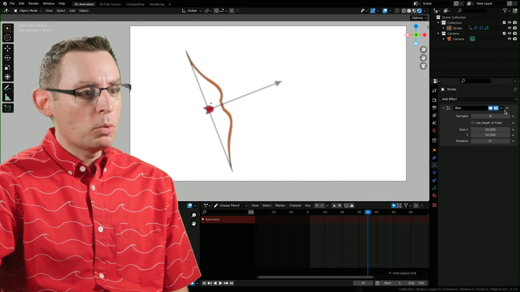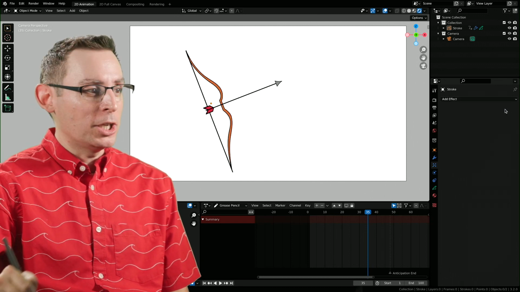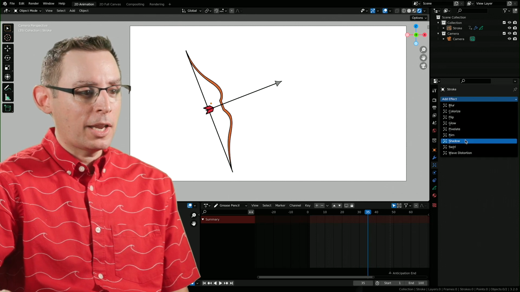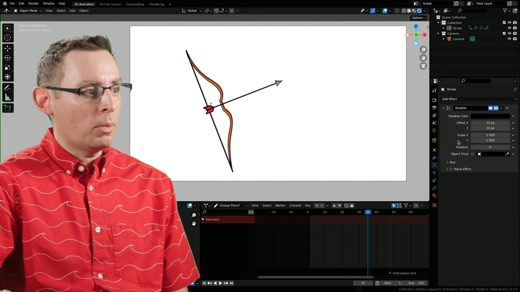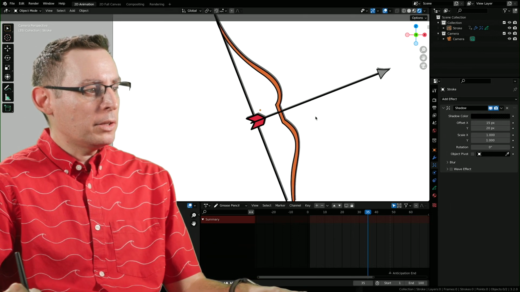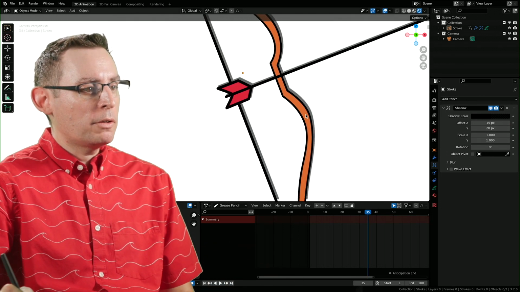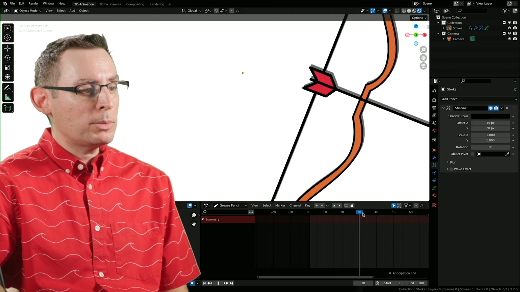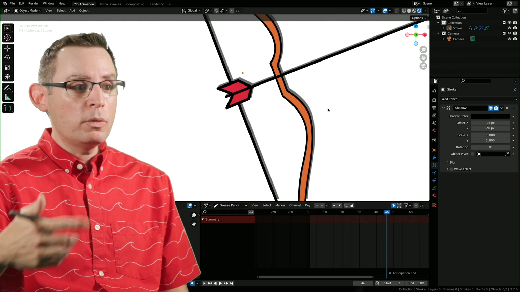Okay, so I want to show you the one that I want to work with. I want to put a shadow in here, the illusion of a drop shadow. And it's really easy if we go into the effects area. Now, check it out. Here's the shadow one, and then voila, we have a lovely little shadow being created for us. Now, this is going to perfectly match the strokes that we have here. So as we go through the different keyframes, the shadow is moving appropriately.